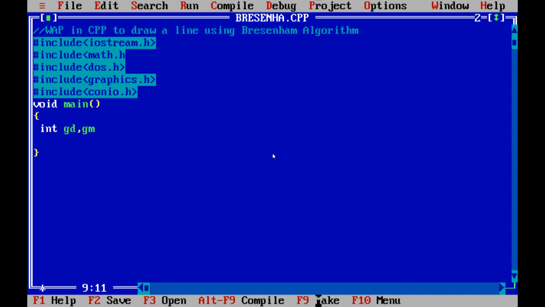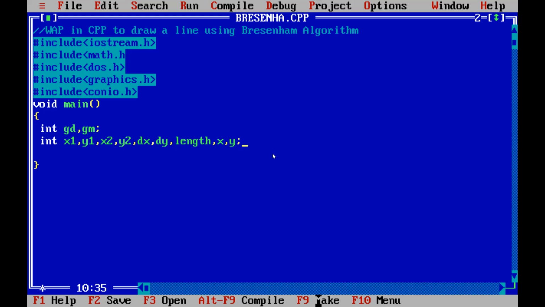These are integer variables. Next, we require int x1 starting point, y1 starting point, x2 ending point, and y2 ending point. Apart from that, we require delta x, dx, and delta y, dy. Then we use length, and we have x and y. So these are the variables we require to complete this program.